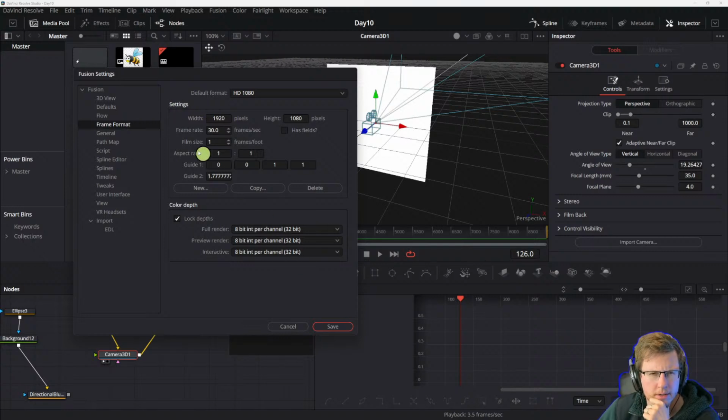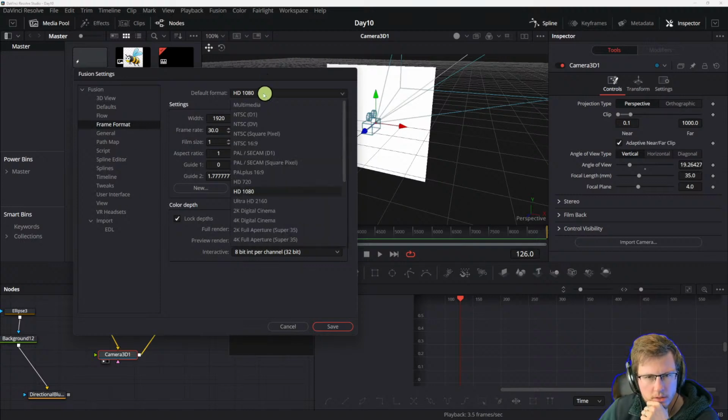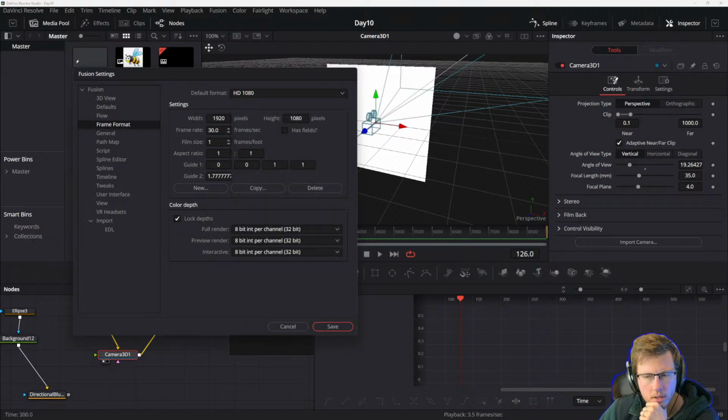Oh, wait. But these are Fusion default settings, right? So is it project by project, or global for the whole program? The default that it comes with. The default format. Yeah, and I think